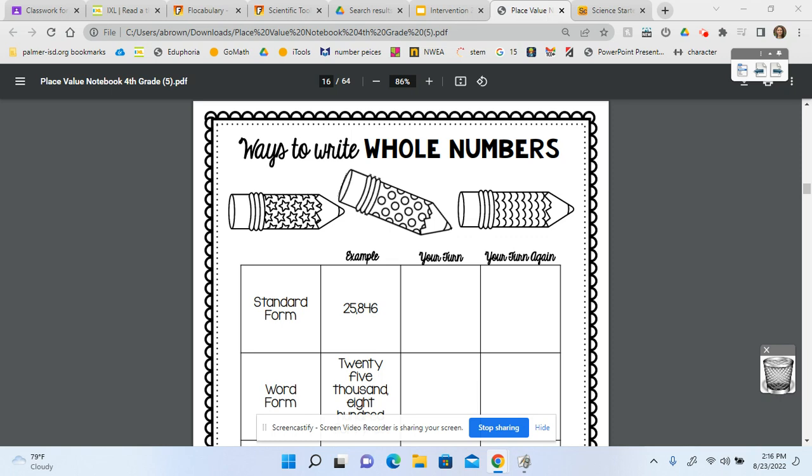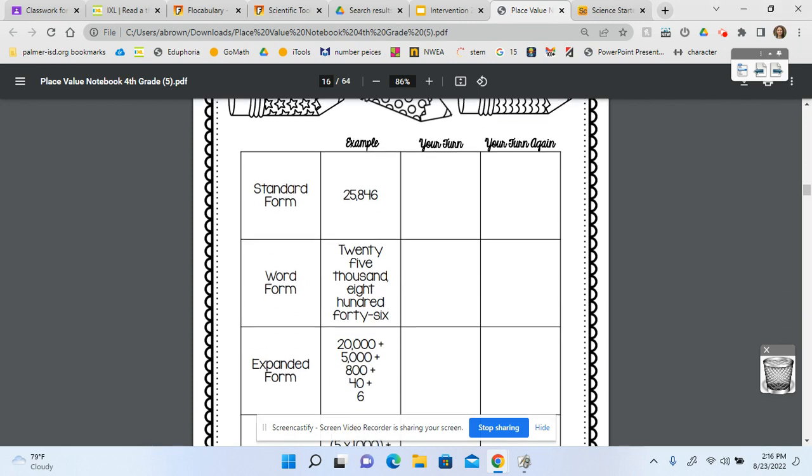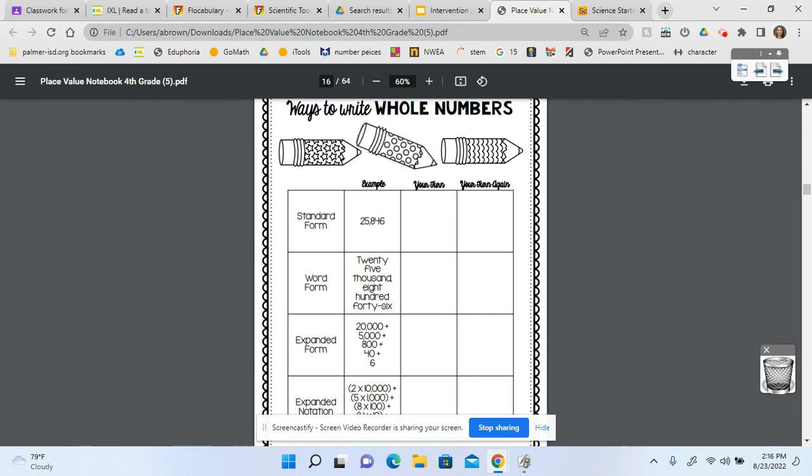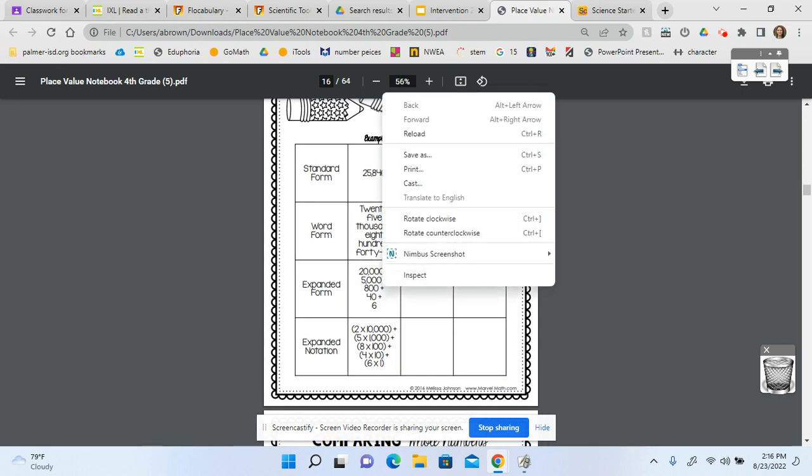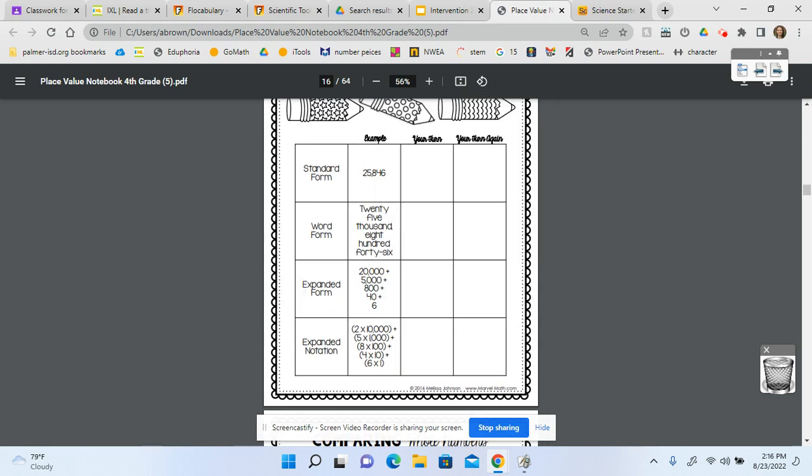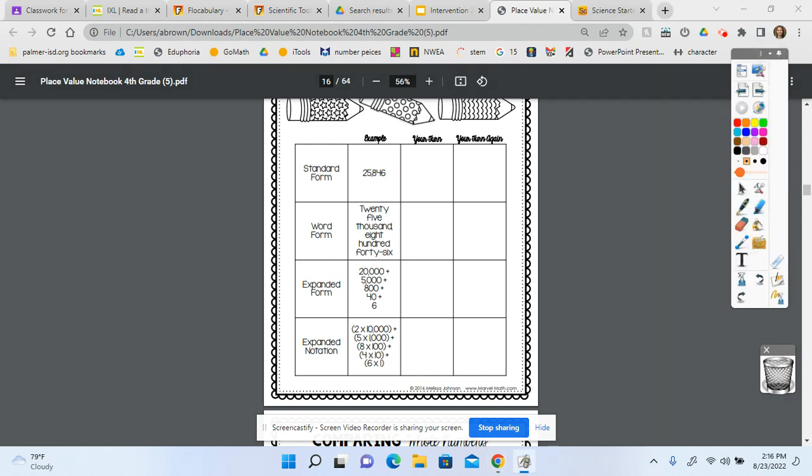Alright guys, today we are going to review different ways to write whole numbers. So in your math notebook, find this page right here, ways to write whole numbers. Once you're here, they have on here 4 different ways to write the whole numbers. We have standard form at the top, and then they have an example of a number here in standard form,